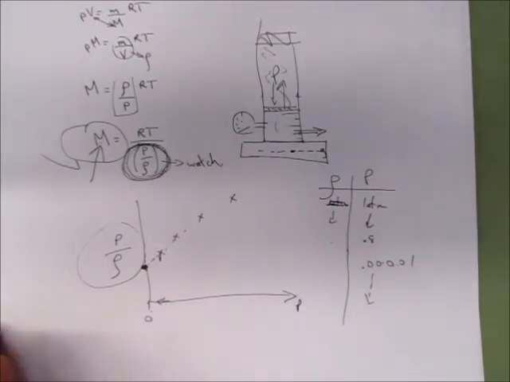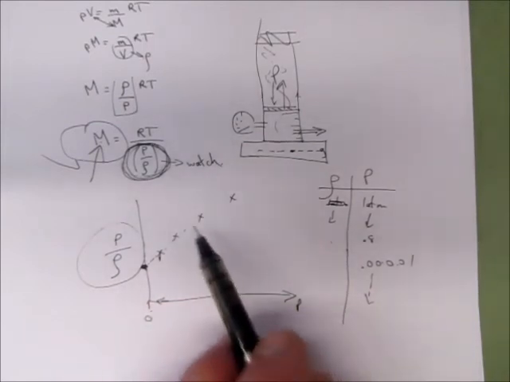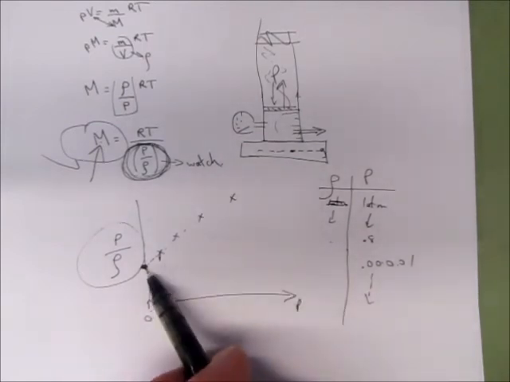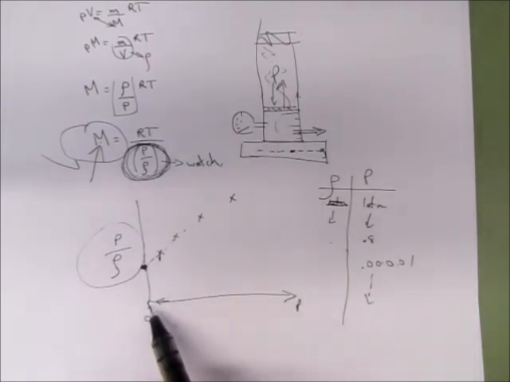That's the method. In the ballpark answer, if you do it this way, you're not getting a slope of a line. You're getting a y-intercept in the limit of 0 pressure. So the range